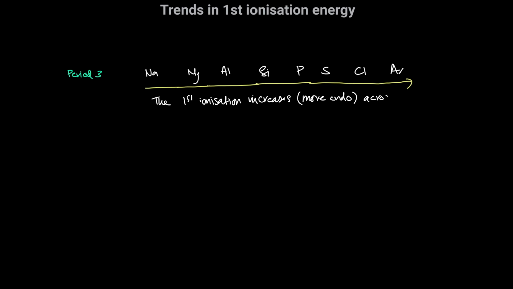And the idea is the same as we had for radius. Across the period, the number of shells remained the same, shielding remained the same, but the nuclear charge was increasing, which meant that the radius became smaller and the outer electron is harder to remove. So the ionization energy is increasing or becoming more endothermic. So what we can say is that the nuclear charge increases across the period, as the number of protons increases,